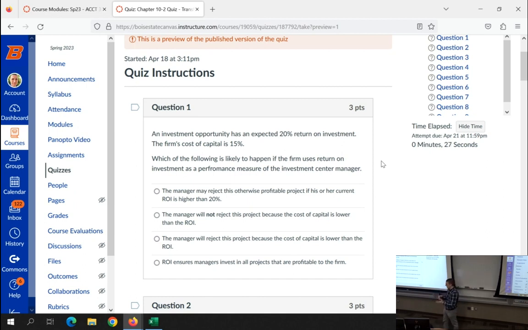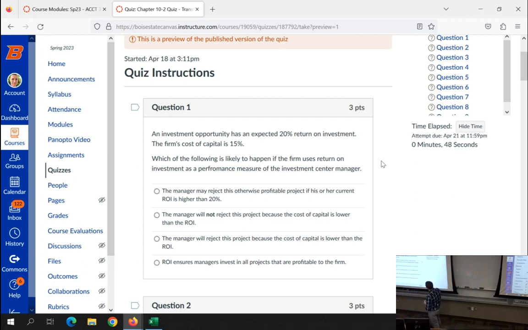We should accept it, yeah. As far as the firm is concerned, no other information, that sounds like a profitable investment for the firm to make. Which of the following is likely to happen if the firm uses return on investment as a performance measure of the investment center manager? Okay, so now we're talking about using ROI as a performance measure, that's a typo there,